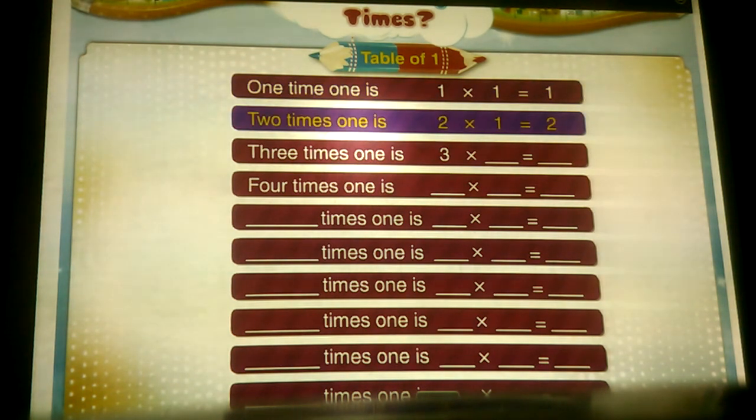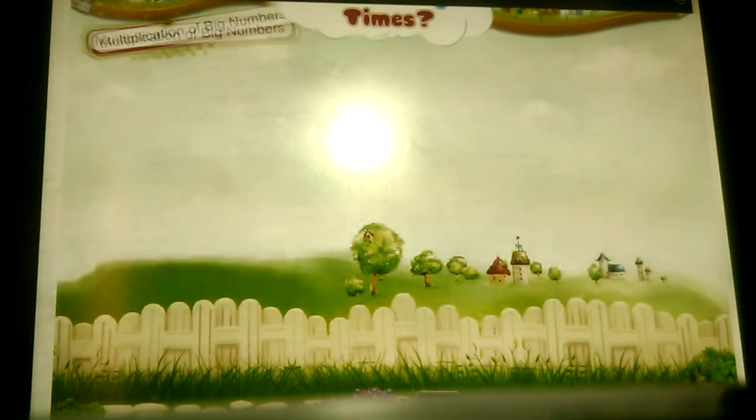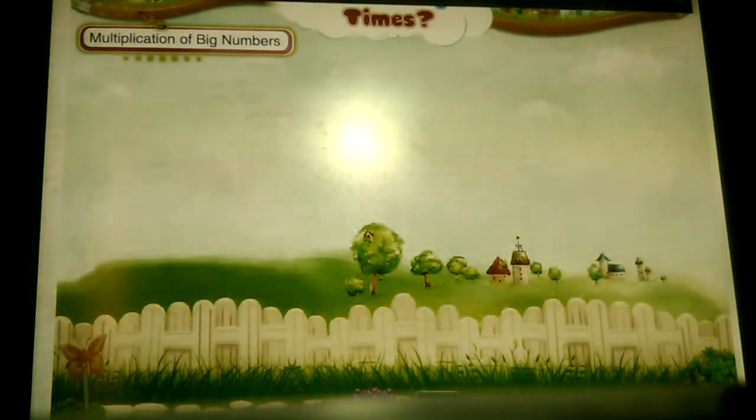2 times 1 is equal to 2 into 1, that is equal to 2. 3 times 1 is equal to 3 into 1 is equal to 3. 4 times 1 is equal to 4 into 1 is equal to 4. Multiplication of